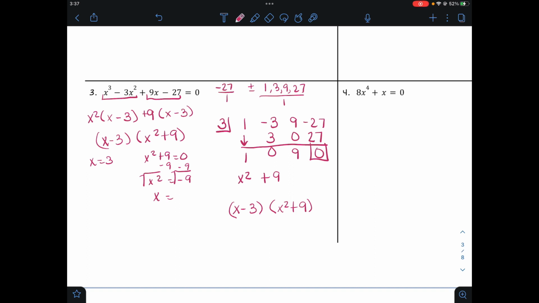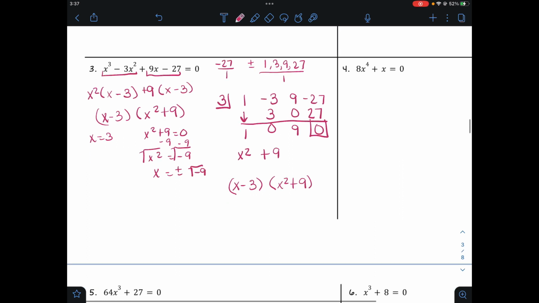So we have x equals plus or minus the square root of negative 9. Well, we know that's the same thing as the square root of negative 1 times the square root of 9, plus or minus. And negative 1 comes out as an i, and 9 is a perfect square, so 3i, plus or minus. So our answer would actually be x equals our 3 that we found earlier, and x equals 3i, and x equals negative 3i. Notice 3i and negative 3i are conjugates of each other,